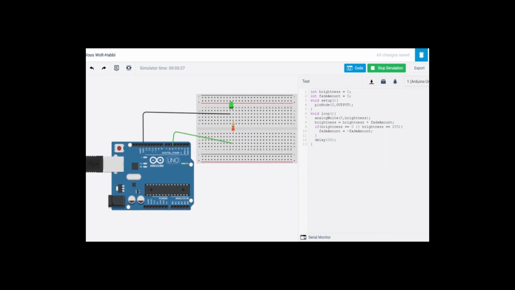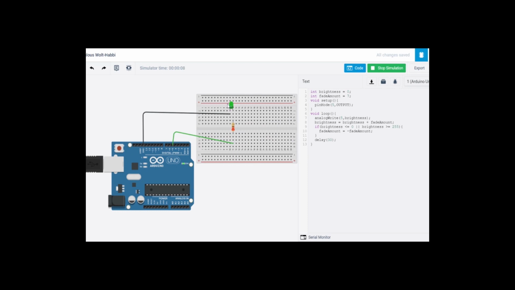And one more thing, I think you have a question why we are using this fade amount value equal to 5. I'm using fade amount equal to 5 because it is a divisor of 255. If you don't want to use 5, then you can use any other value. Let's take 7. Then you have to change this if conditional statement, from equal to less than and greater than. That's it. Now you can start the simulation. You can give whatever fade amount value you want.